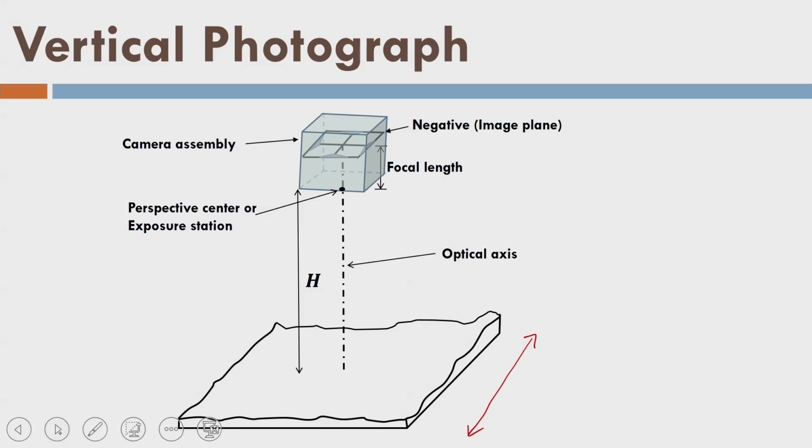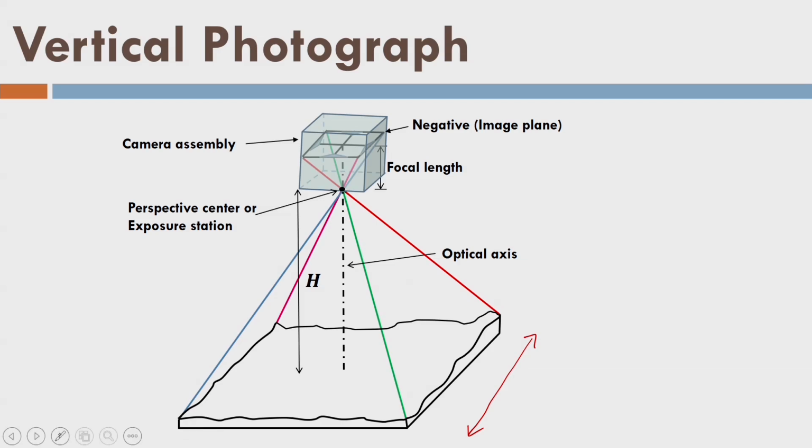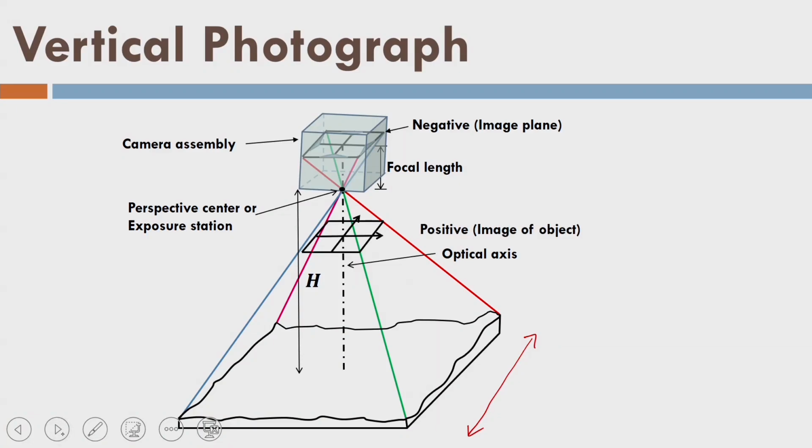So, this is the focal length. This is the way all the rays are converging to the perspective center, and again they are diverging to the image plane, and they are creating an impression on the sensor or the image plane, or we can say negative plane. Now, negative and positive are no more valid terms, but still we are going to use these in order to distinguish between a negative plane, that is a sensor plane, and the positive plane which we really see, because as we know, the negative plane image is an inverted image, and that is why we need a positive image. So, this is a positive image shown here, which is also located at a distance of focal length from the perspective center. So, that is the mechanism of data acquisition for one exposure of a frame camera.